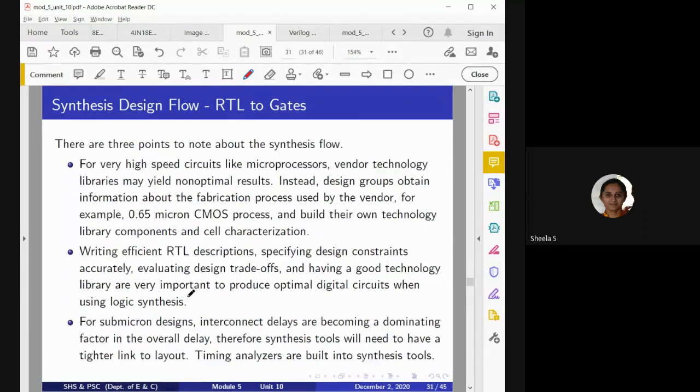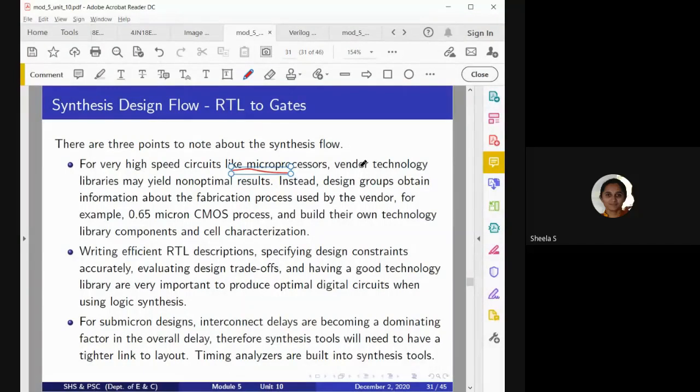Now while considering the design flow, mainly three things we are going to consider. If you are considering very high speed circuits like a microcontroller or microprocessor, then in such cases sometimes using the technology library that the vendor gives, we may not be able to get an optimal result, because of the lack of the number of library cells defined in the corresponding technology they are following.